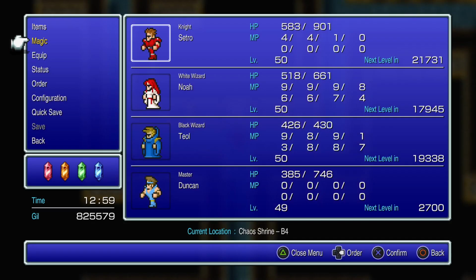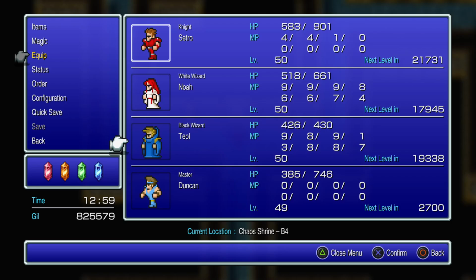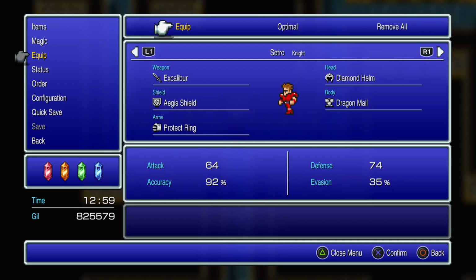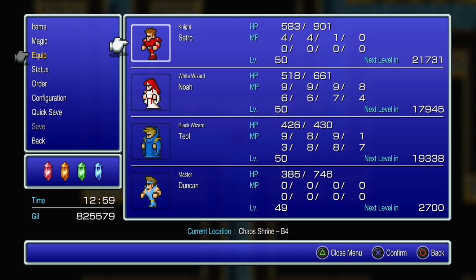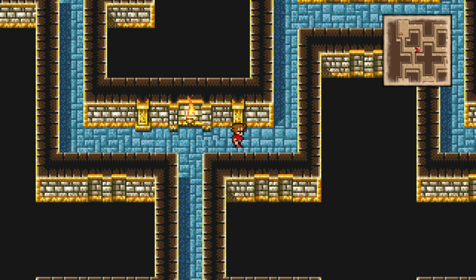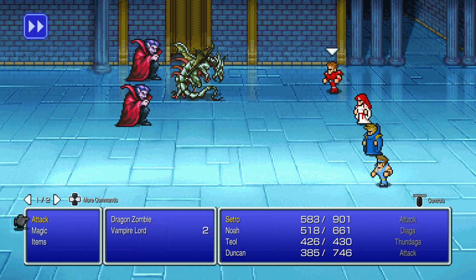Okay, so yeah, taking that off Duncan now. And let's see... That's not a huge amount of power. But it's better than what they had before, so it'll at least give you something to do when you're not casting spells, and that's probably going to be useful. And I think I just saw out of the corner of my eye